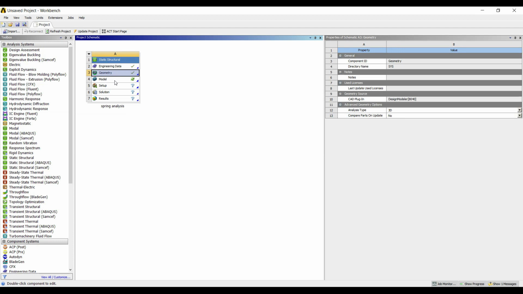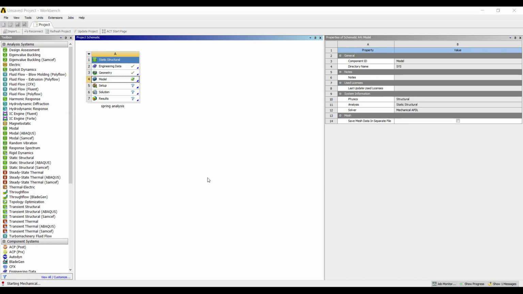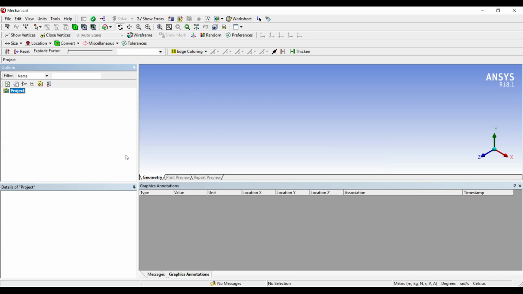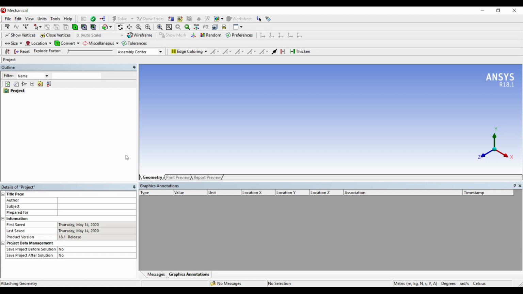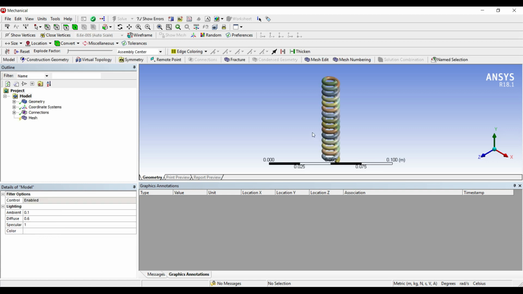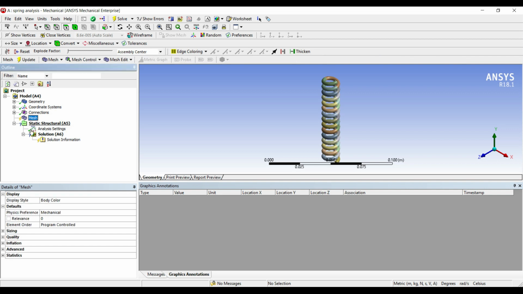I'll go to model, double click. I'll click on mesh.